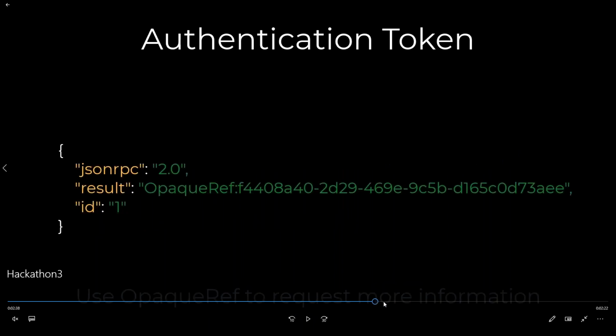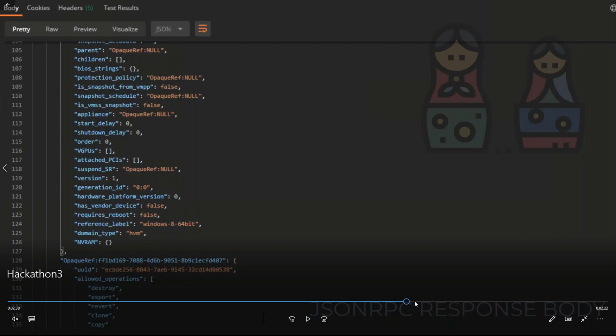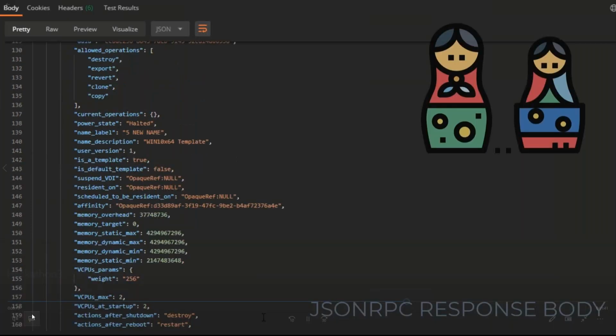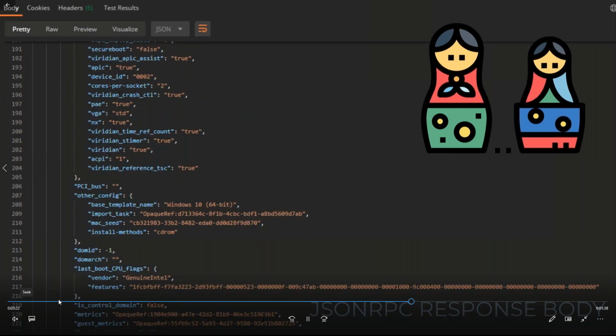So then once you authenticate, what you get is the token. In the lingo of Zen server, it's an opaque reference ID, which you can now use to retrieve information about that system, right? Like, for example, enumerate virtual machines. So go through, and then what you might find out, let me actually play it. This is the response you're going to get, right?